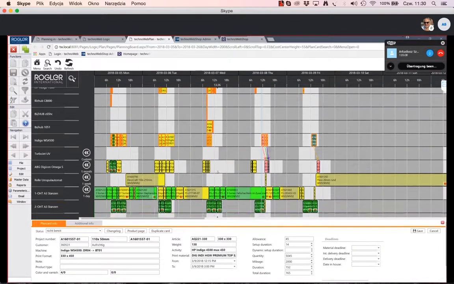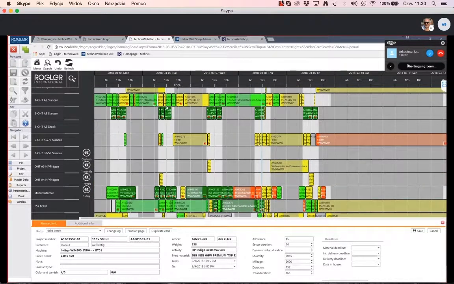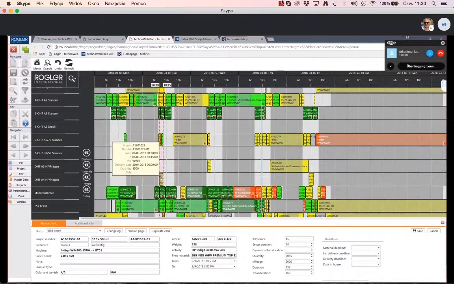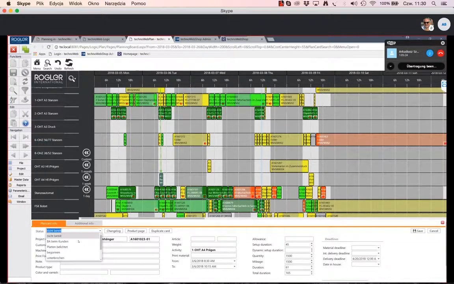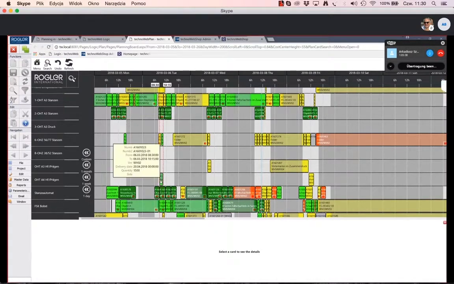What else? It's very easy. So if I want to move cards around, it's possible. And of course, all the information we get. So for example, this part, it's not ready at the moment, but I can say now, okay, the plates are exposed. I save it. And as you can see, hopefully the information will change as well. So we get another color,